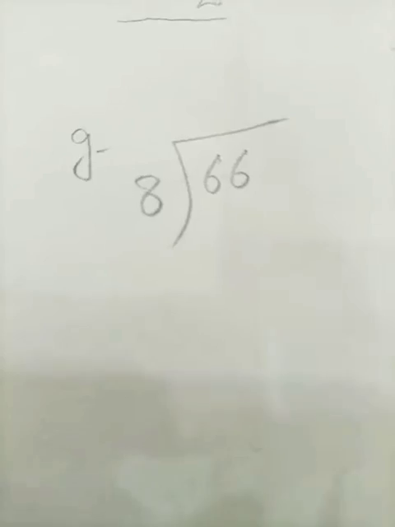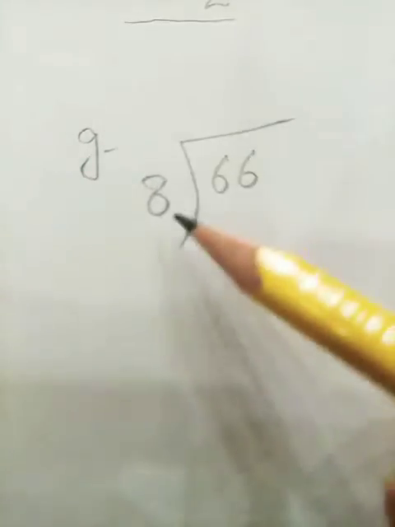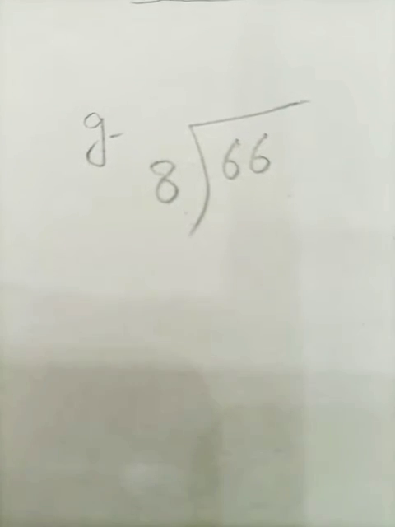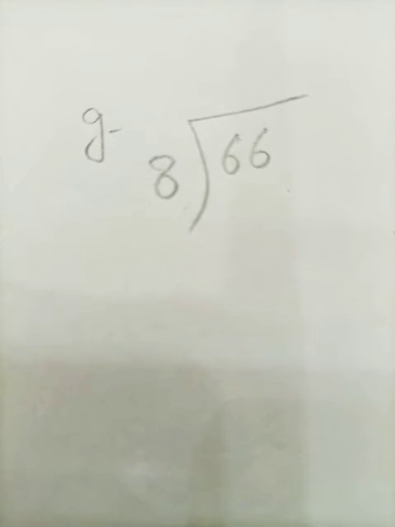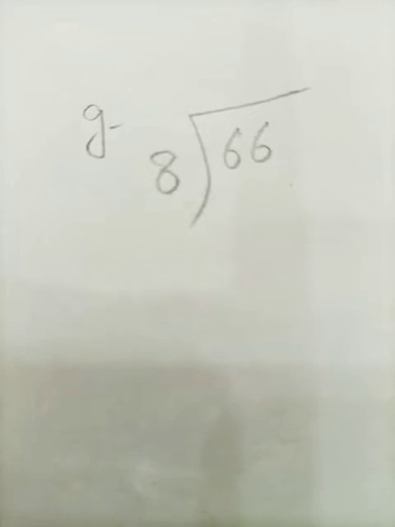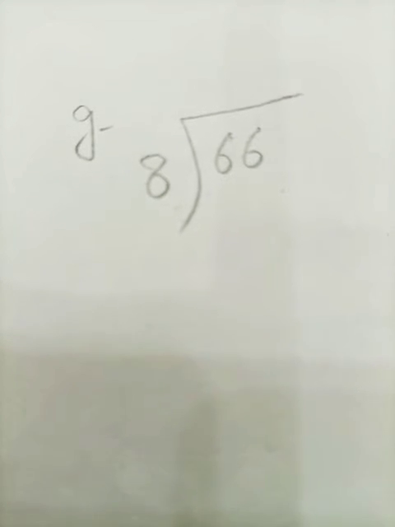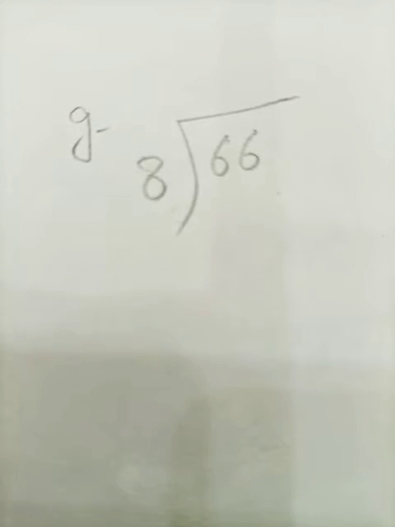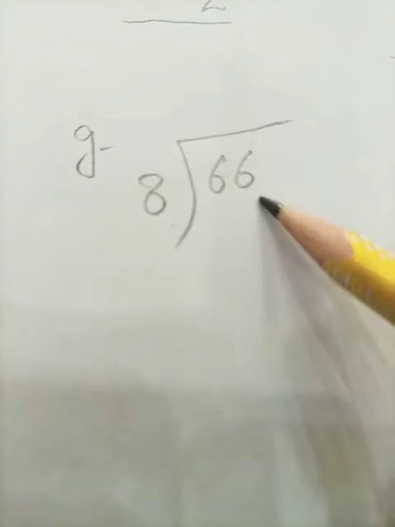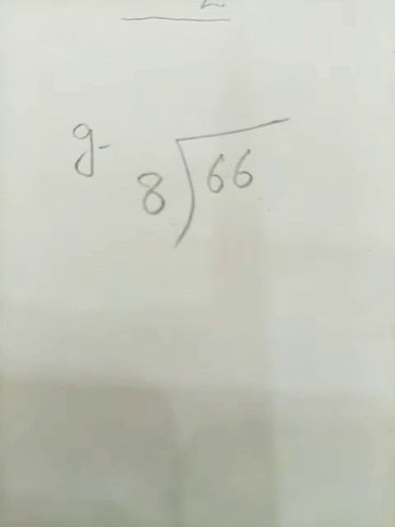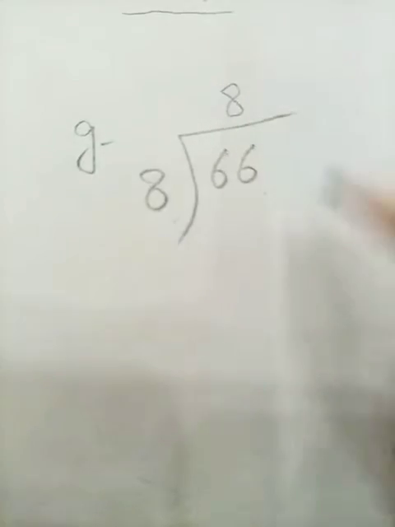Students, next is our part G, in which we are going to divide the number 66 by 8. Now look at this, students, read the table of 8 where we get this number. Let's start from the number 8 5s. 8 5s are 40, 8 6s are 48, 8 7s are 56 and 8 8s are 64. 64 is quite near to the number 66, so I am going to write the number 8 8s are 64 here.